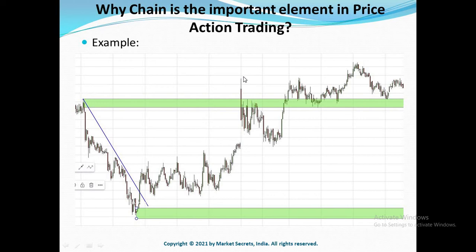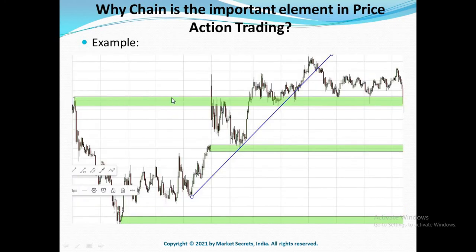And the next day, the price gaps up above the supply zone that we already have. So this is the supply zone that we already had. And the next day, price gaps up above this particular supply zone, taking this zone out immediately. So this gap up in the price will create a new demand zone. So once the price gaps up, the setup will change like this. This zone will become invalid and you can mark a new zone here.